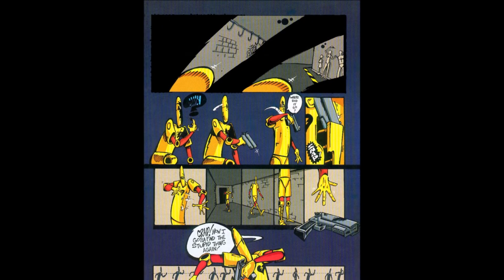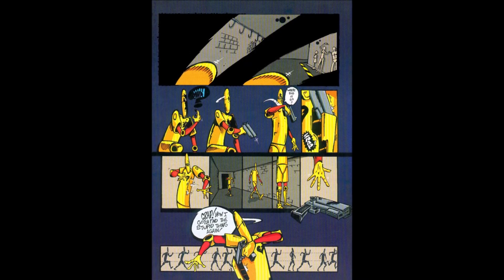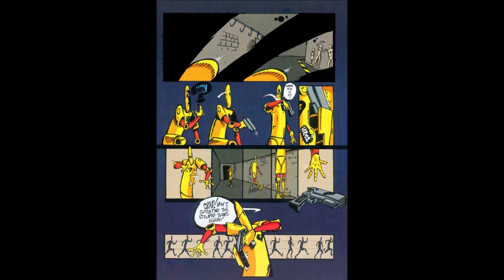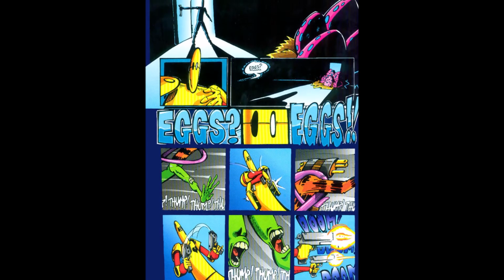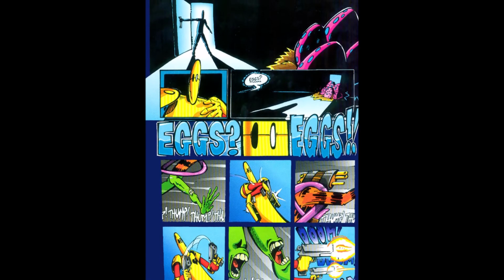SCUD wipes the dark ink from his face, looks around. Where is he? Walks down a hallway, still doesn't find him. He finds his gun, though, and he says, "Crap, now I gotta find the stupid thing again." But in a John Malkovich voice. So SCUD opens the doors to a darkened room, but across the light shines on some eggs, and he's like, "Eggs? Eggs? Eggs?" And he hears the monster behind him.